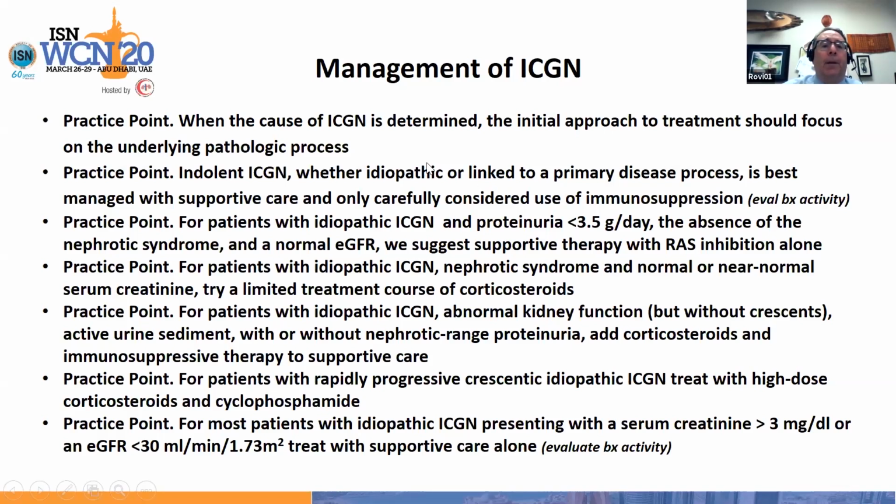Several practice points on the management of immune complex glomerular disease. When the etiology of ICGN is determined, the initial approach should focus on the underlying pathologic process, and we've discussed that. Indolent ICGN, whether idiopathic or linked to a primary disease process, is best managed with supportive care and only very carefully considered use of immunosuppression. So it requires a good evaluation of activity on the kidney biopsy. And if there's not activity or not very much activity, use of immunosuppression may actually impart a higher risk than